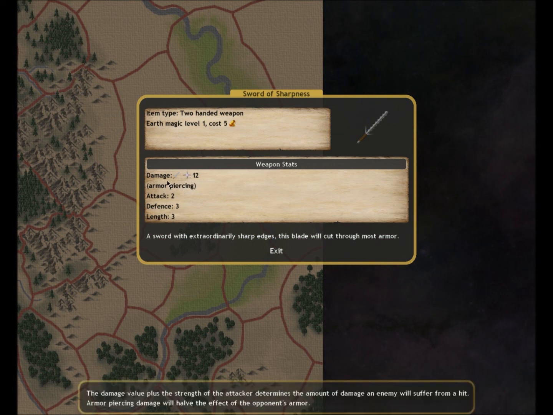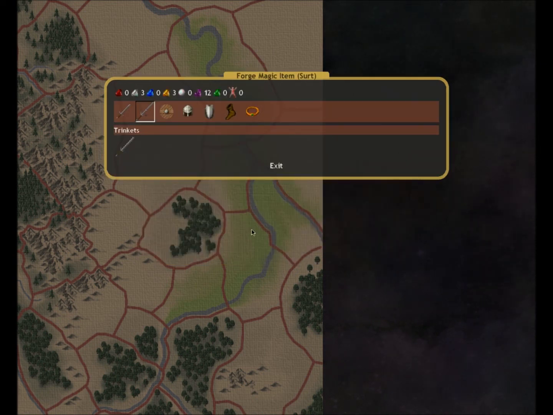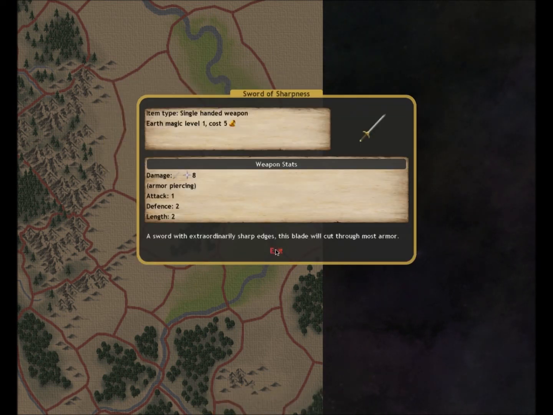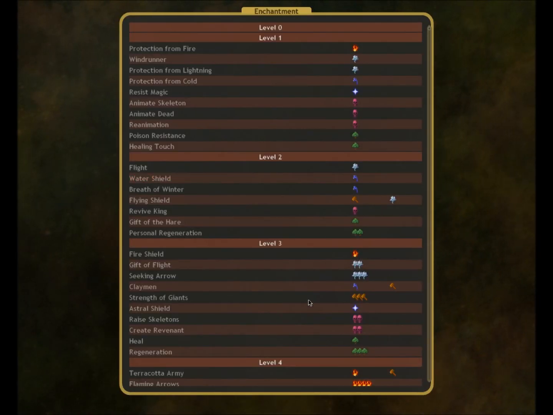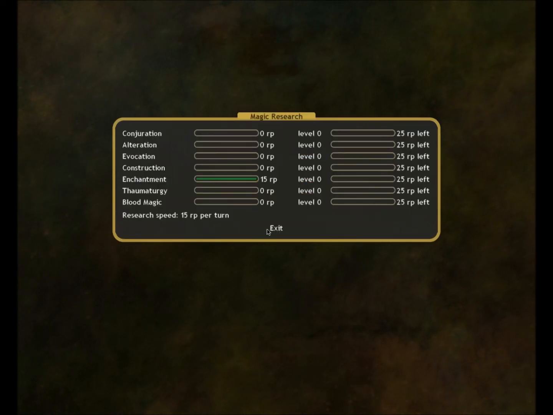Sword of Sharpness. You get to see its damage type and how much damage it deals. Sword with extraordinarily sharp blades. This blade will cut through most armor. And then we also have Stinger and other weapons like this, which you can just take a look-see. Now, I know I've had him doing some research last turn. No, I haven't. I guess now with this small setup here and with nothing else to do,